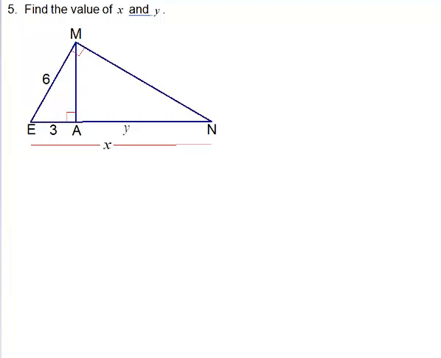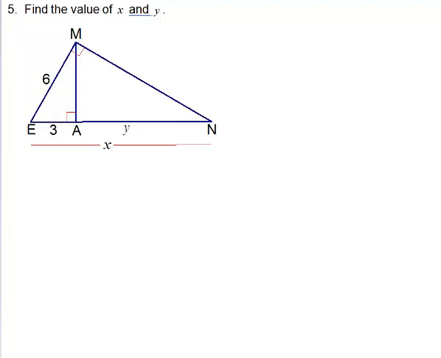Good day, students. This is again chapter 7, video solutions, math 1026, and we're looking at page 61, number 5. We're given some right triangles, and they are similar triangles, and we have to figure out the values of two